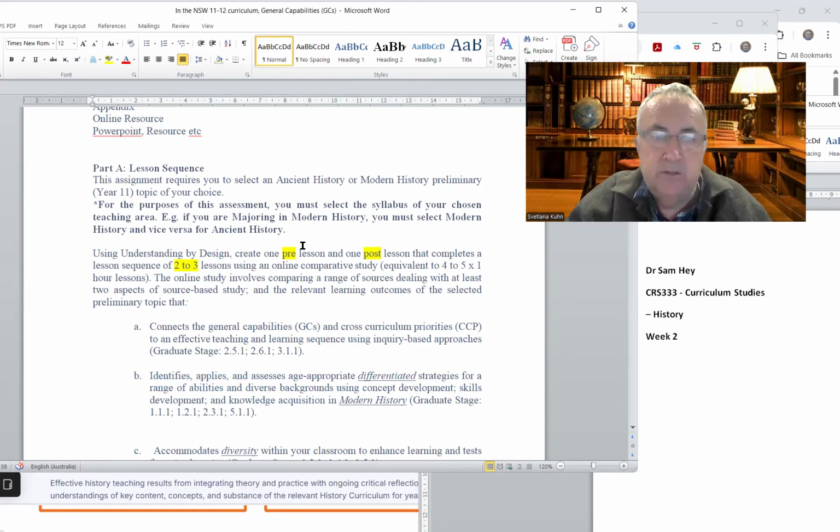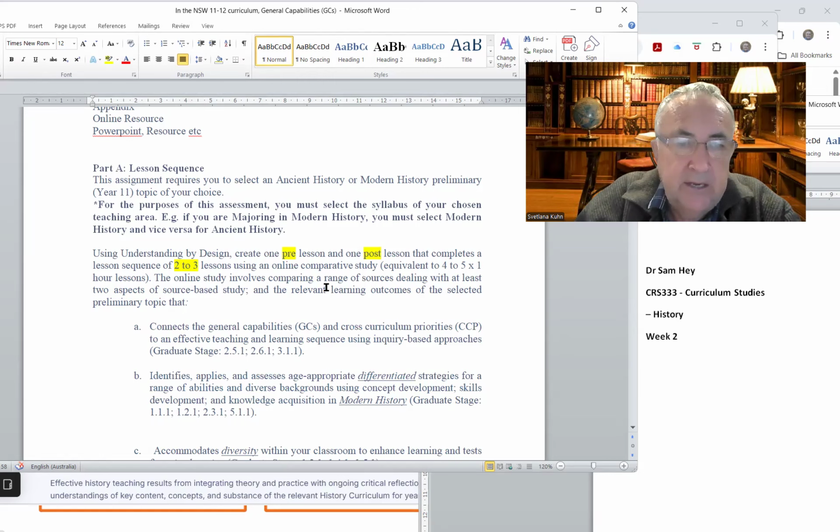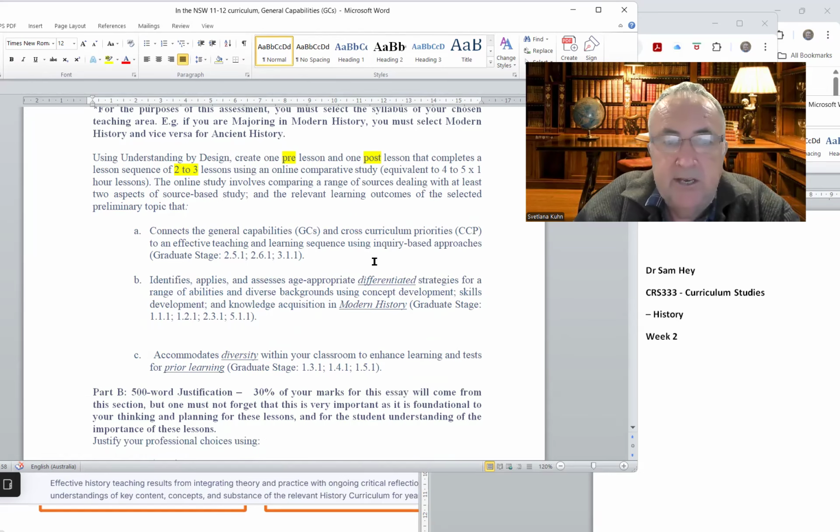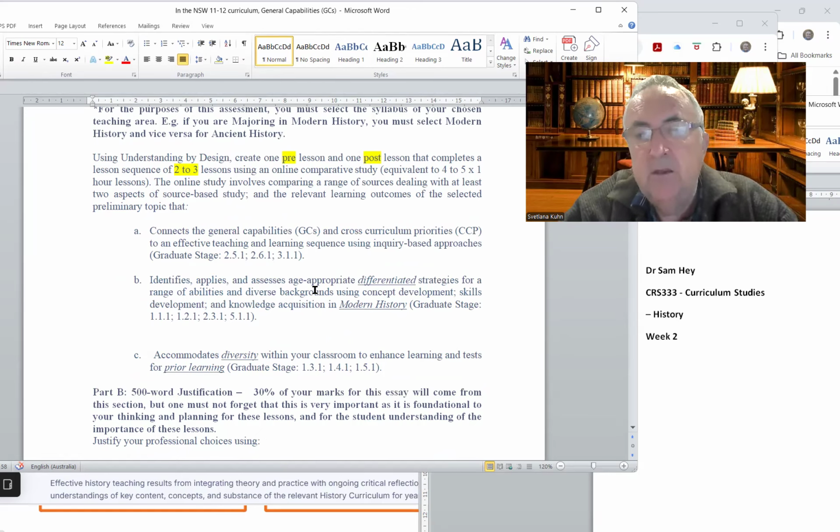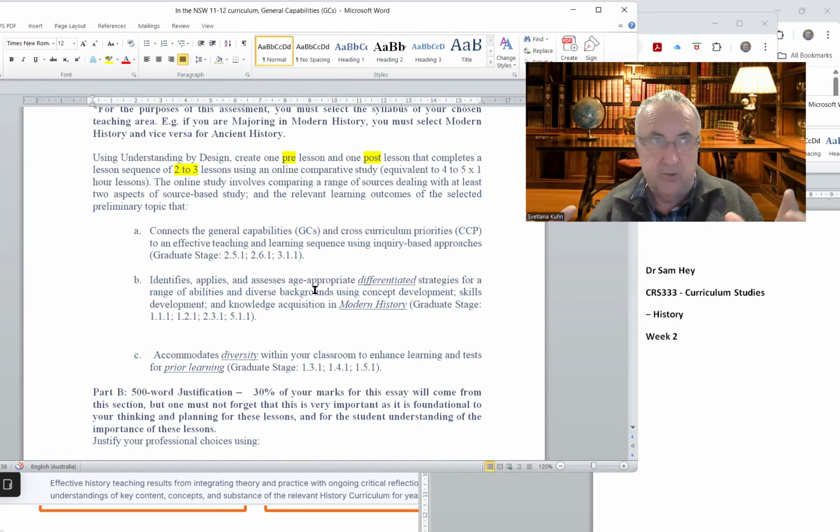So you're asked to use Understanding by Design and other resources to create these lessons. And you're asked to connect them to the general capabilities and also to carefully consider appropriate age differentiation and ability differentiation. And you'll often find in classes today that you may be required to not only teach a group of